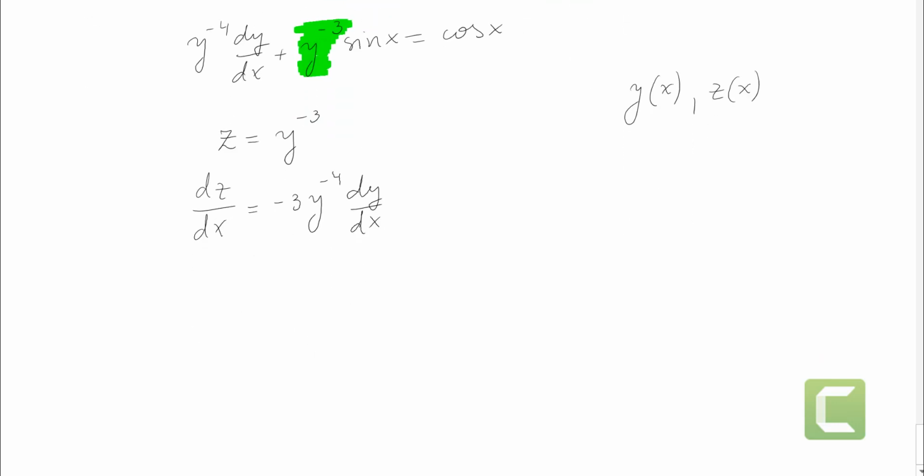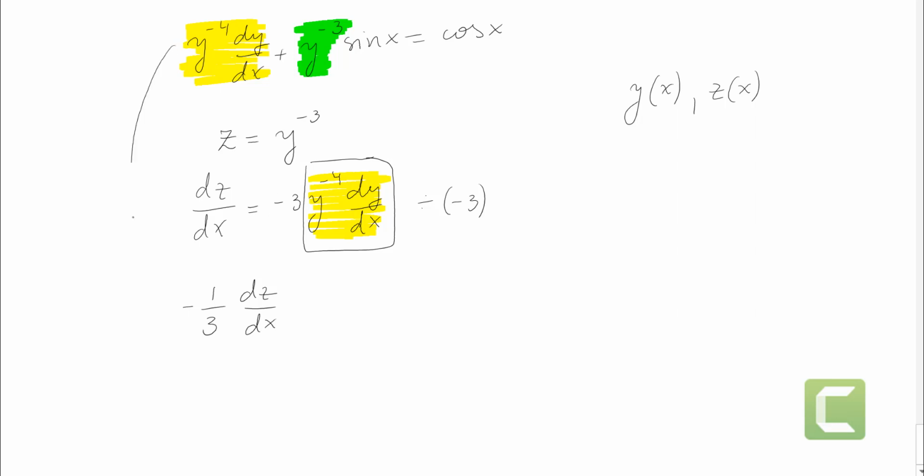So this quantity here, which is the same as this one, we're going to substitute with negative 1 over 3 dz/dx, right? If I divide this side by negative 3, I'm going to get exactly the yellow one. So I'm replacing in here, I'm working on this equation. So instead of the yellow one, we put negative 1 over 3 dz/dx plus the green part,